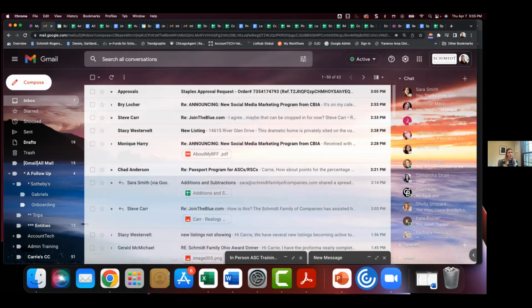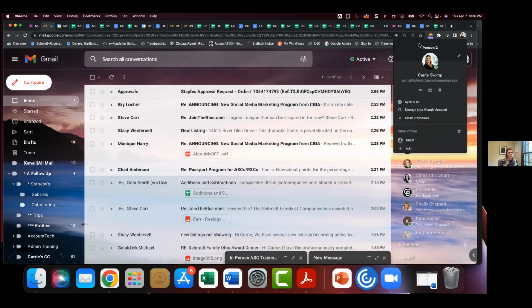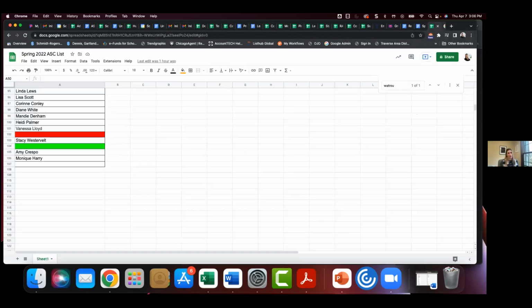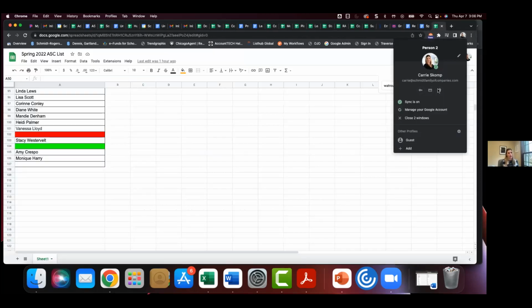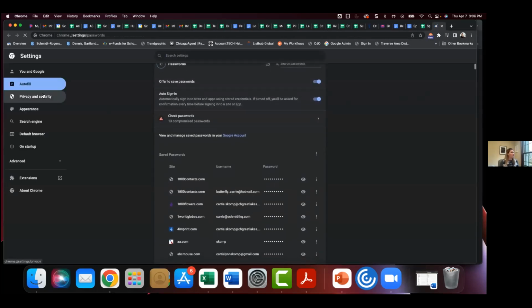So we're going to do this by going up in the upper right, not this headshot, which is our account. We want our Google Chrome account, not our Gmail account. So upper right corner, and if you don't see your picture there, you're not logged into Google Chrome and you would want to go ahead and do so. And you can do so by clicking add. So from here, I want to click on manage your Google account. And then, I'm sorry, I did not want to click on that. We're going to go back. We're going to click on our headshot and we're going to click on the little key right here. This is my Google Chrome